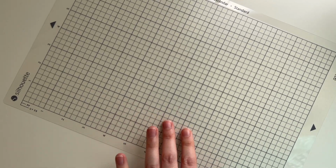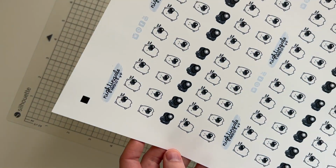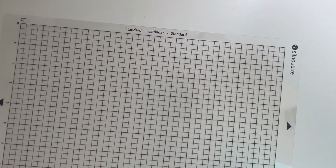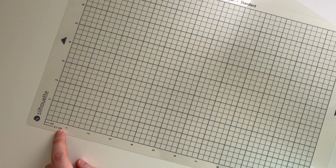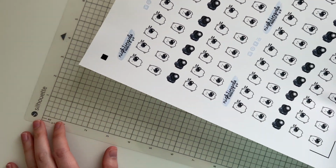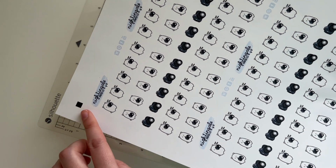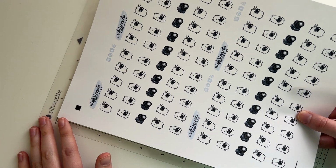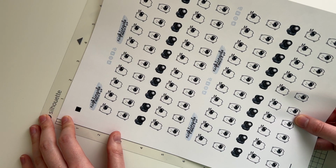It's really sticky. I wish I could explain to you how sticky it is, but anyway, we're going to take our sticker sheet and we are going to line it up on the mat. You can use either side because it has arrows on both sides. I prefer to use this one because it has the marks for 8.5 by 11 paper. And what you want to do is take the registration mark with the square. That needs to go in your top left corner. Put that in the top left corner. Line it up very carefully with the line